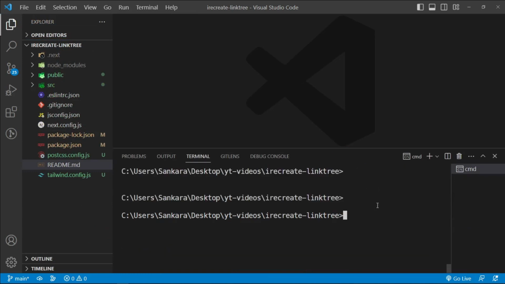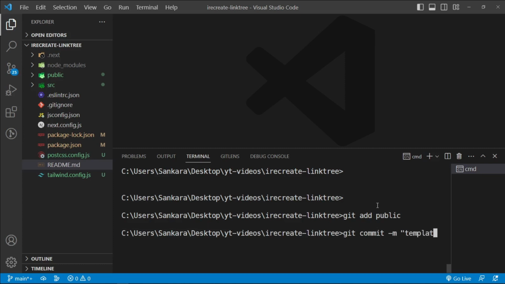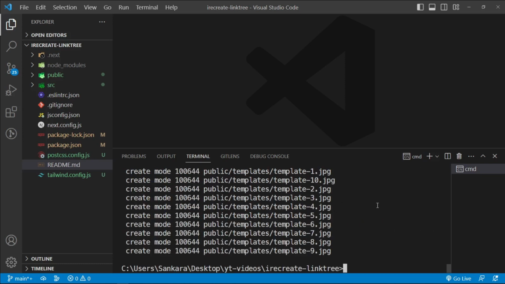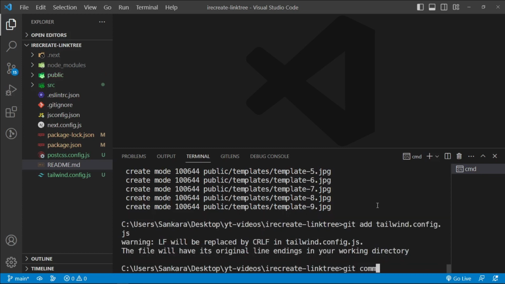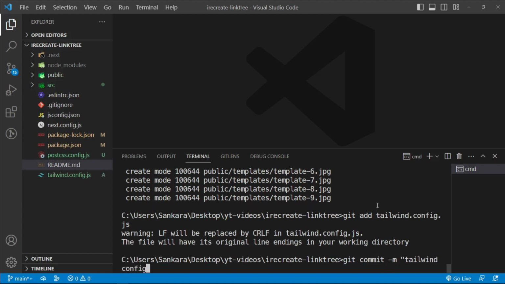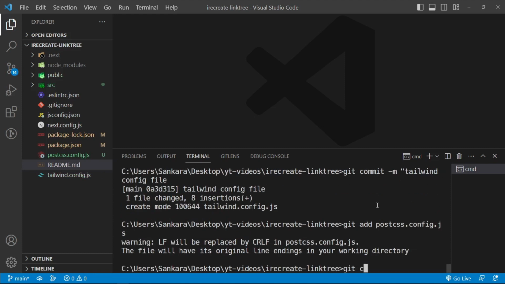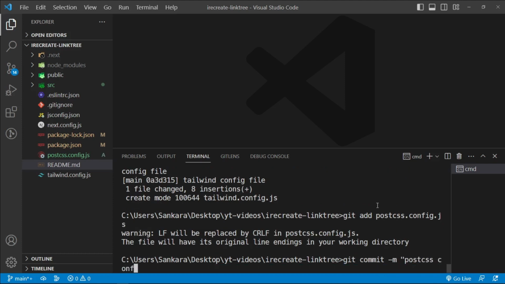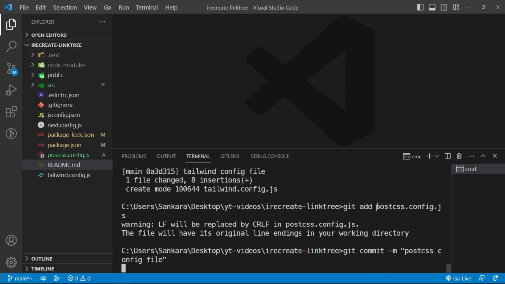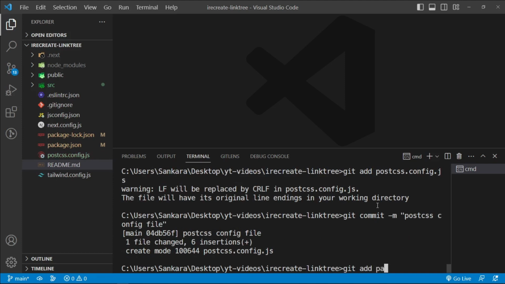Okay, let's say git add public, and then git commit -m "template images", and then git add tailwind.config.js, git commit "tailwind config file", and then git add postcss.config.js, and git commit "postcss config file",